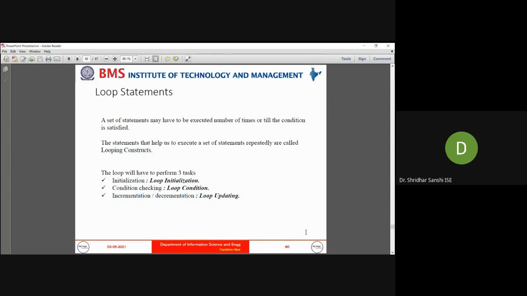If we don't write this loop update, the condition always remains true and the loop runs infinitely. So we should increment or decrement the variables used in the condition, updating them for every iteration. All the looping instructions should follow these three tasks.